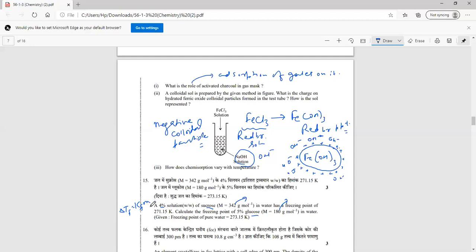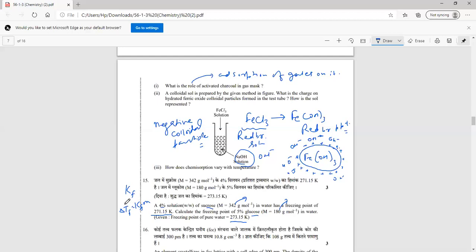That means molality is given indirectly. Delta TF is given indirectly. This is the depression in freezing point: this value minus this value. You will get the value of depression in freezing point. With that, you will find out the value of Kf, and the value of Kf will be common for all cases